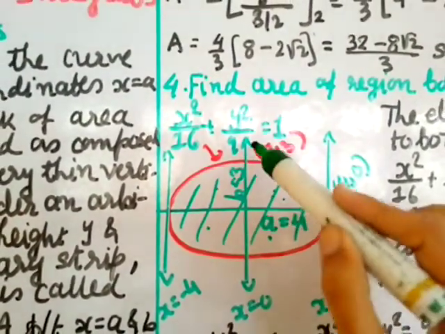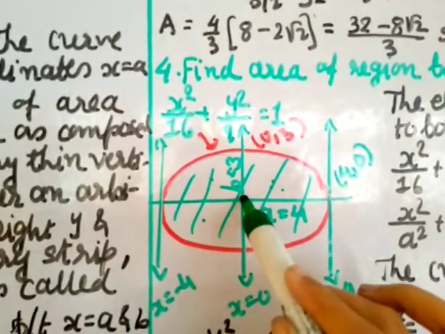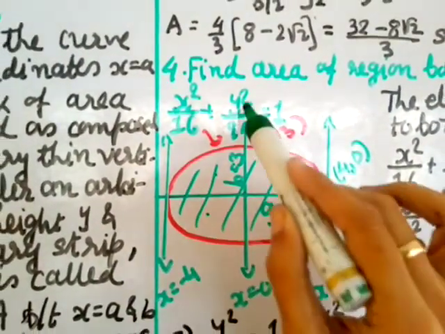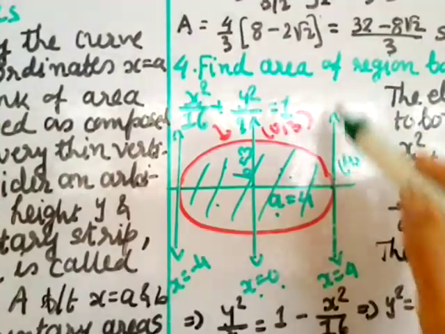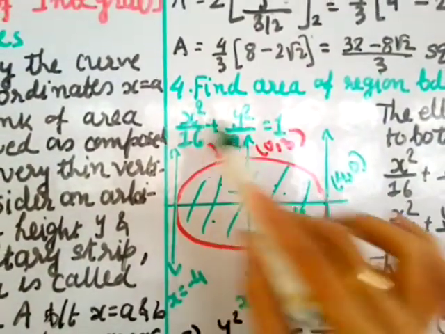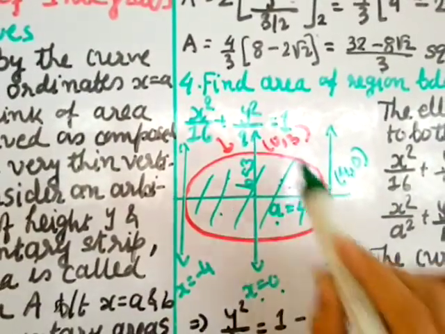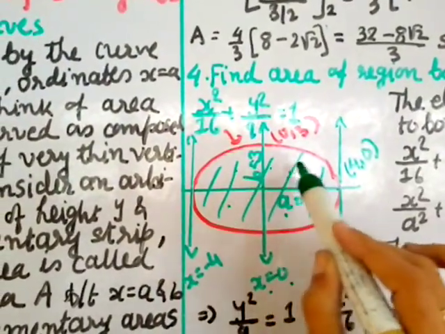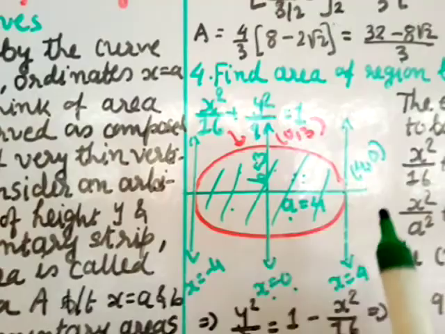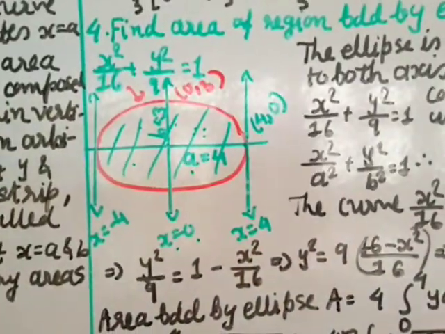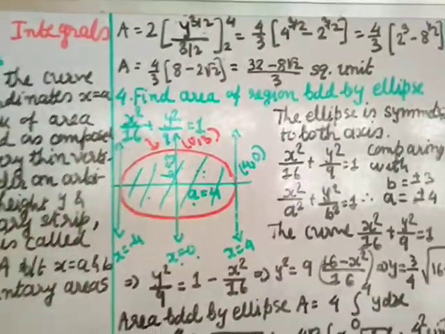And here I need n points, so I'll find one from here to here. One is x equal to 0 and another I'll find from the given equation. I can find above also and below also, but we'll find this one. So for this area, I'll find for the first quadrant and multiply by 4, so I'll get the total area. That I have not written, I have just mentioned here.